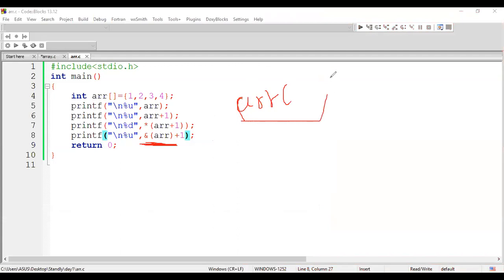The complete array is considered as one address. So 1 address plus 1 moves to 20. If it starts with 2000, it moves to 2020. So is this concept clear? Shall we move on, guys?